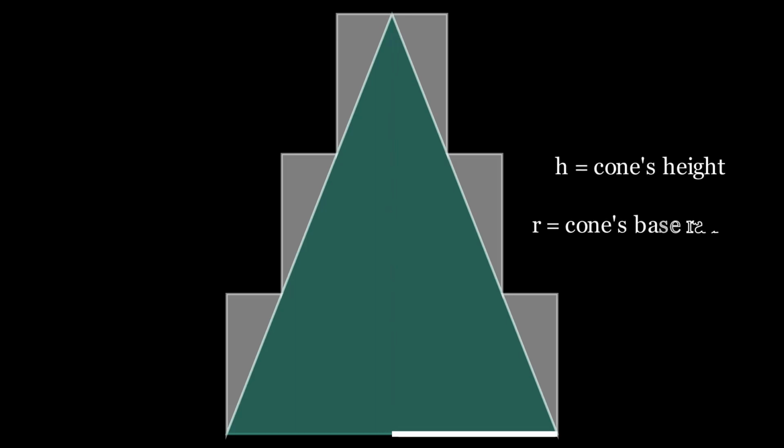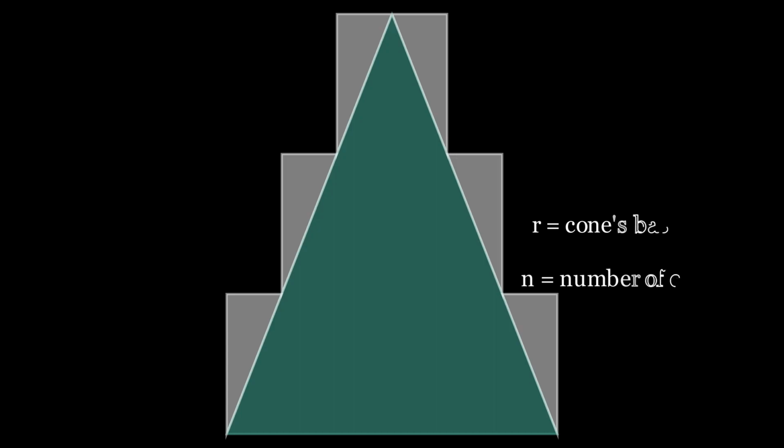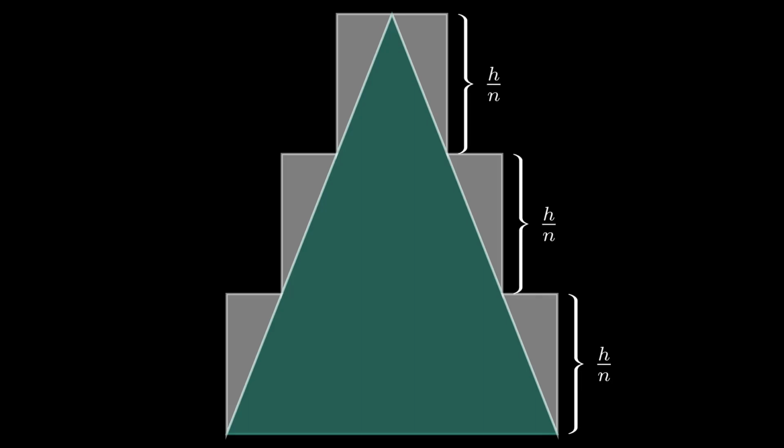We should now try to gather some more information about this process. We can do that by looking at a vertical cross section of the cone and the shape in the series together sliced at the base diameter. Let's introduce some nomenclature. Let h be the height of the cone. Let r be the base radius of the cone. Let n be the number of divisions or number of cylinders in a shape of the series. First, the most obvious piece of information. Since the height of each cylinder is equal, each height will be equal to h over n.